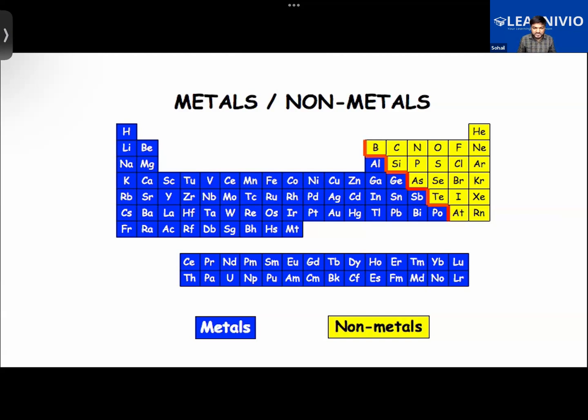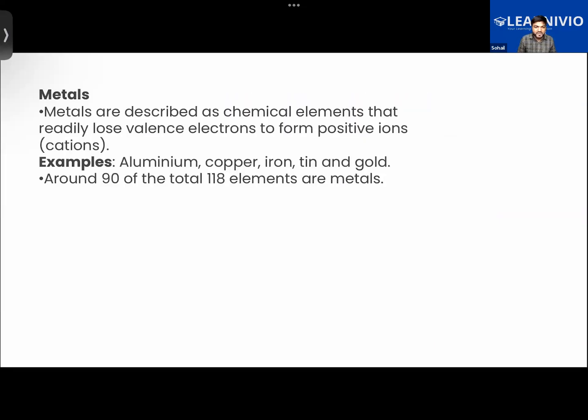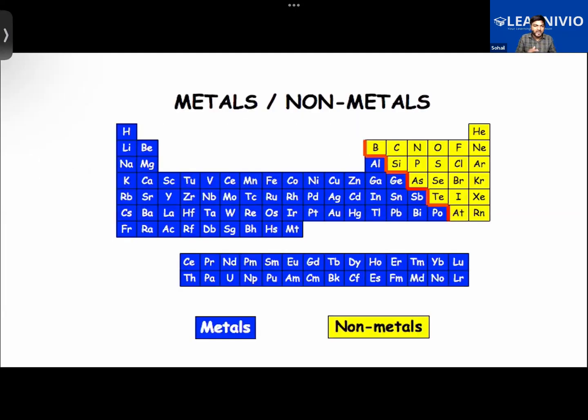If I'm having something in my hand, let's say this is made up of silver, so it has purely silver in it. So elements are the purest objects that we have in nature. In total, there are more than 118 elements in nature. Some of them are metals, some of them are non-metals. Getting it now? So metals, we describe them as those chemical.